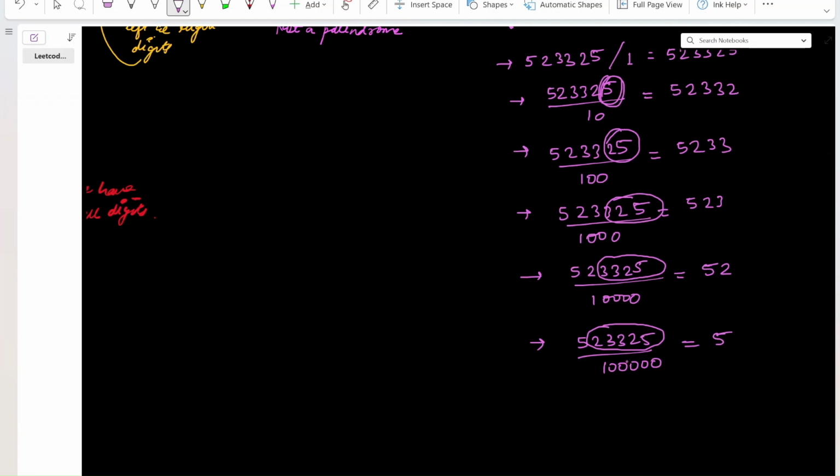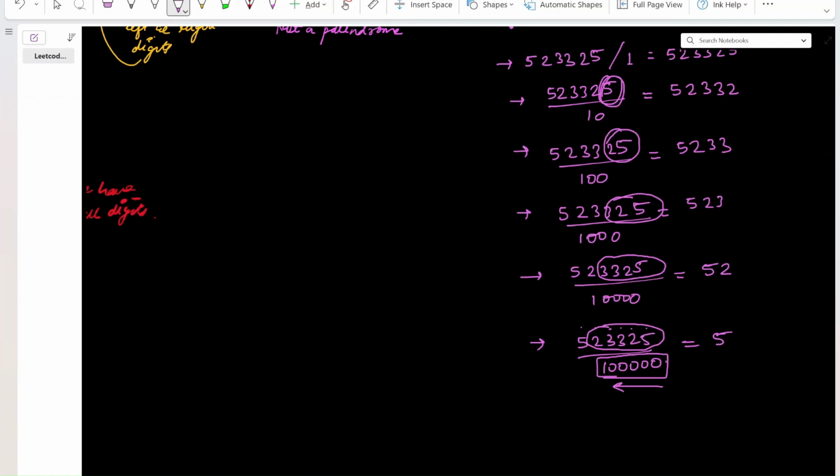So if you think about it, I need to understand how many digits we need at the bottom. If you look here, we have 1, 2, 3, 4, 5, 6. We have 6 digits and we have 1 zero less than 6, so we have 5 zeros. And if we divide a 6-digit number by 100,000, then we would get the leftmost digit, the most significant digit. That's the logic I'm going to use.